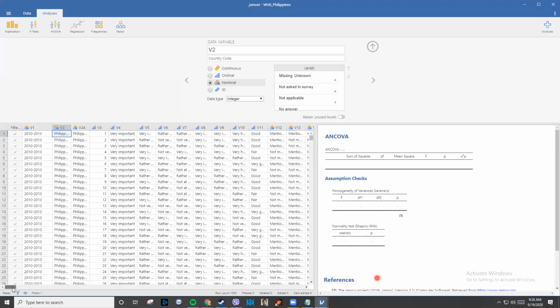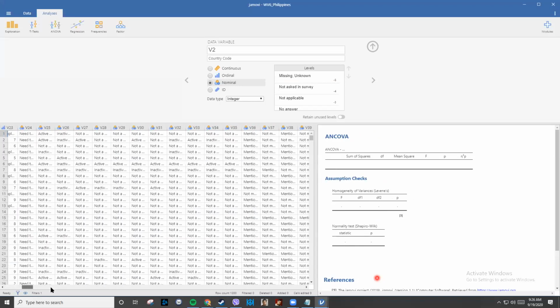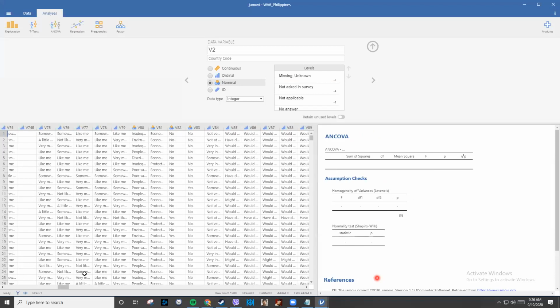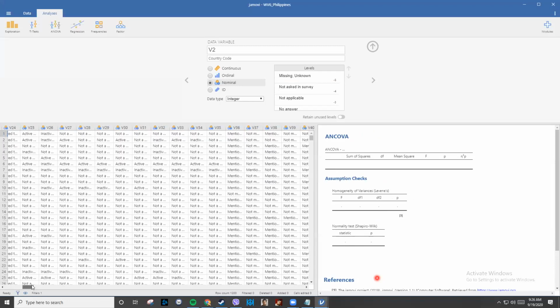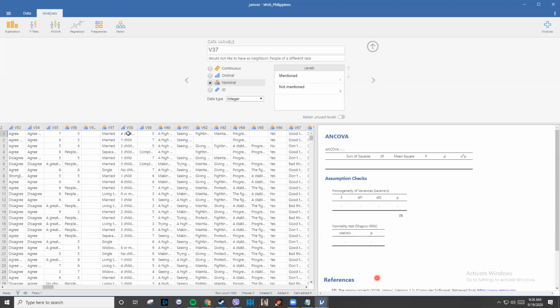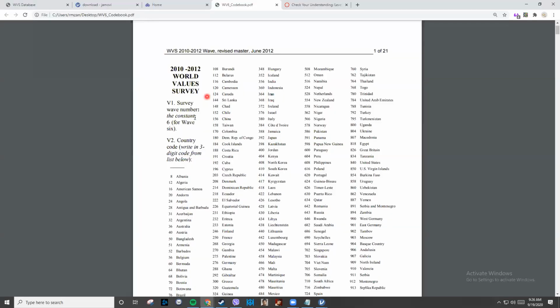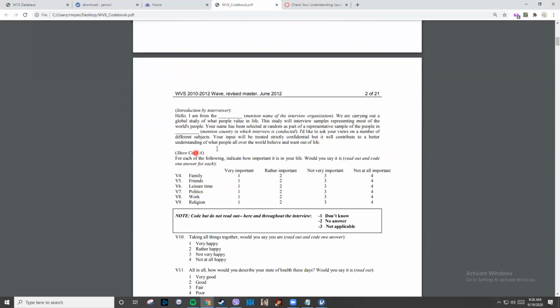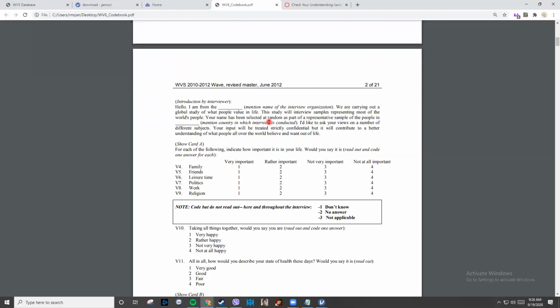You'll see that the World Value Survey is a really long survey, and we see that most of their questions are made using a Likert scale or a nominal scale. So the later questions here will also talk about where they are and their social economic status depending on their country.